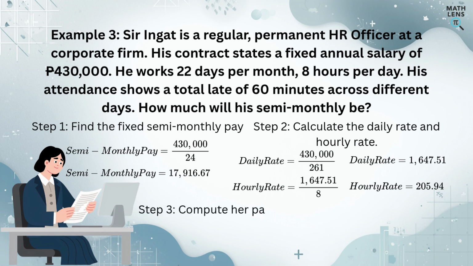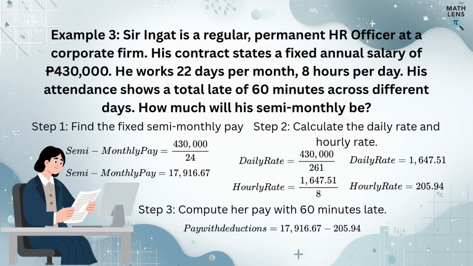Step 3. With those rates in mind, we can calculate his pay considering the 60 minutes of lateness. So his semi-monthly pay with deduction is 17,710.73 pesos. This helps us see the real-world impact of punctuality on earnings, even for a regular employee like Sir